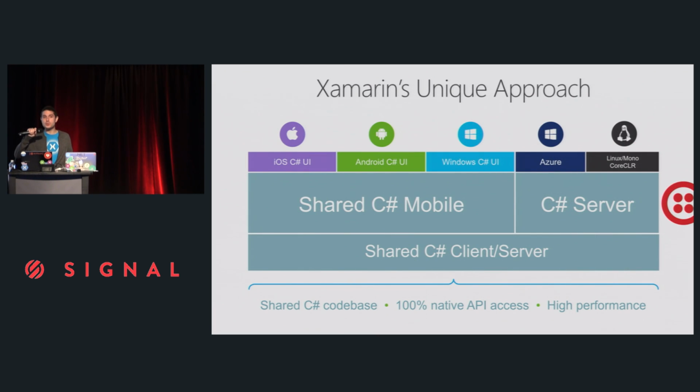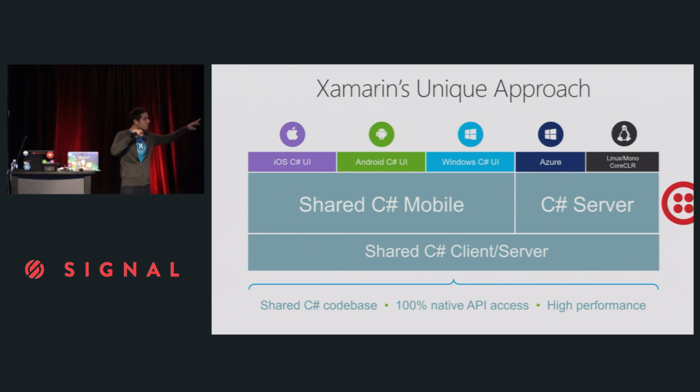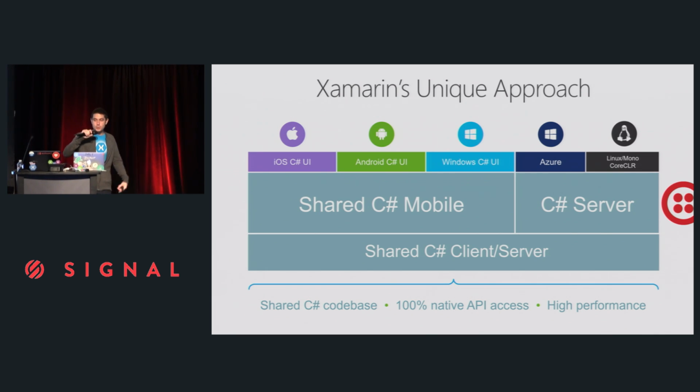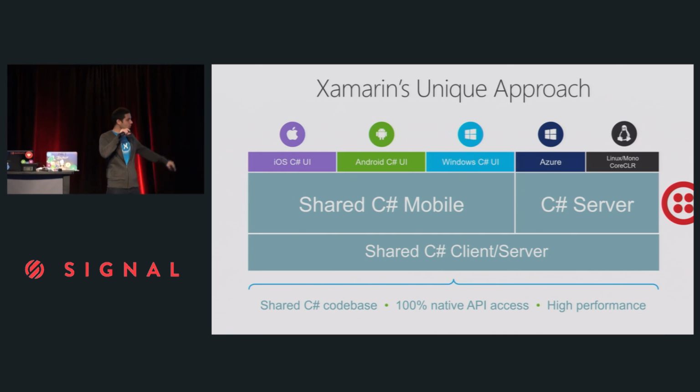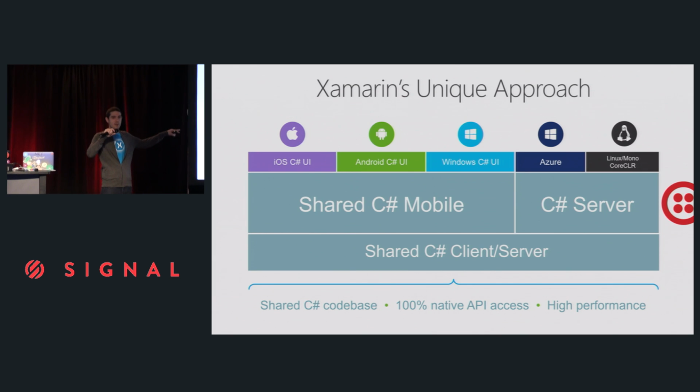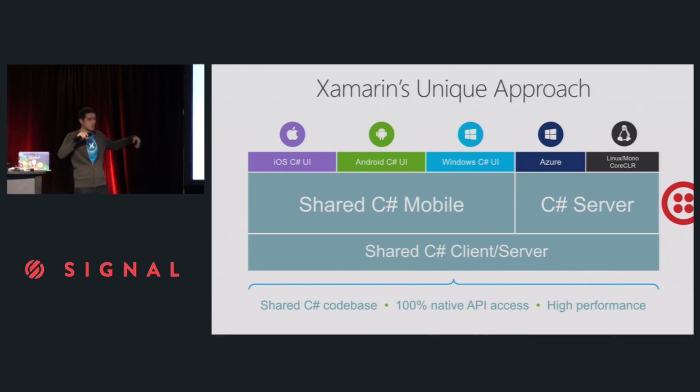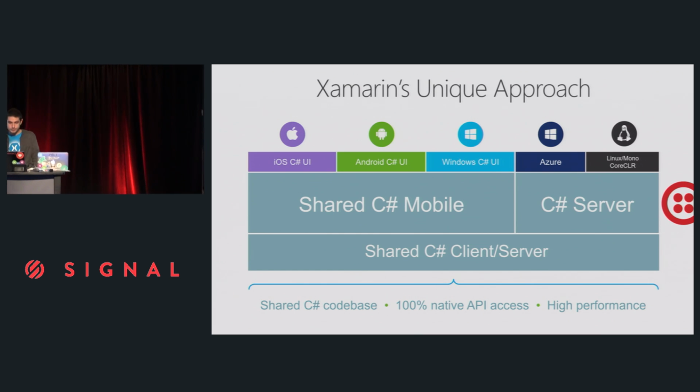So how we're building this Twilio application and this Monkey Chat application is we're going to leverage the fact that we have a shared C# backend, but we can also build a C# server, and you can run that on Linux or Mono or the core CLR. I've decided to run the Twilio server on Azure. It was just really easy. I just deployed an Azure website, and it's running the Twilio .NET SDK. And what's really cool is that since everything's in C#, everything's .NET, you can also share logic between your mobile apps and your front end. Oh, and your back end, I should say.